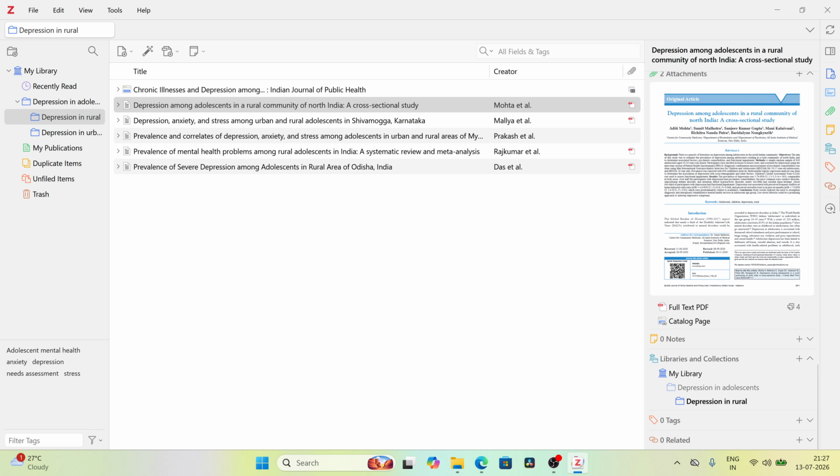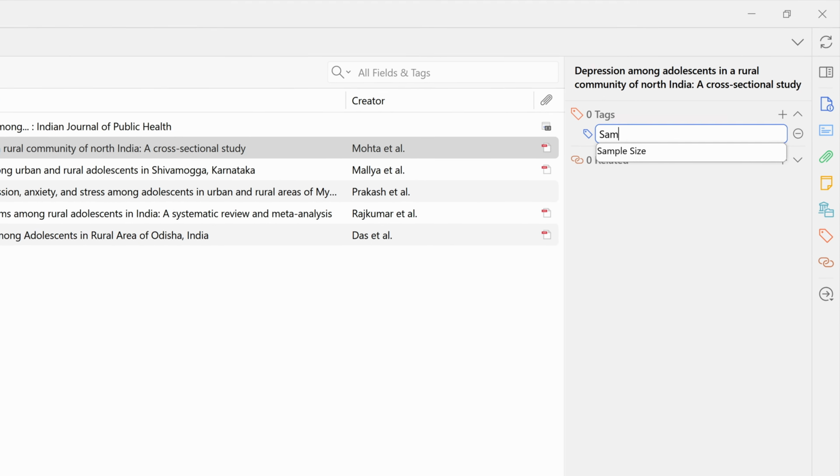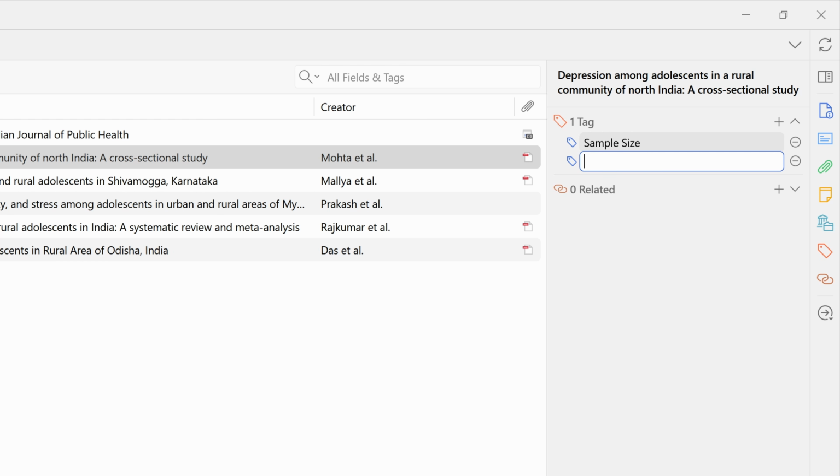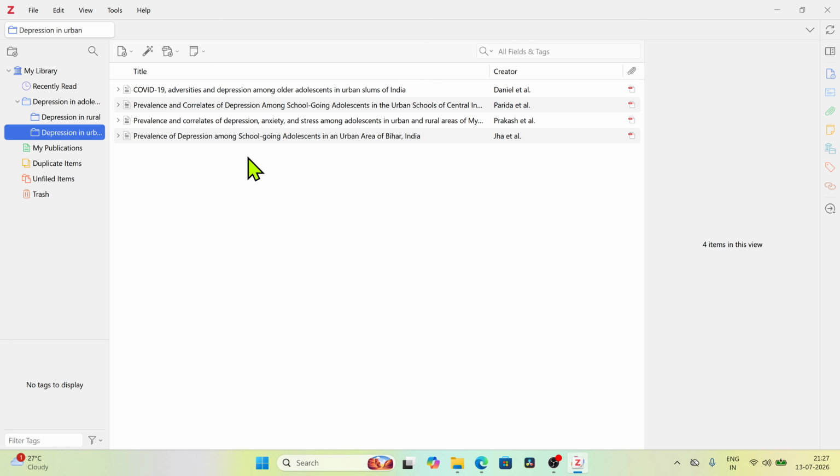And one more thing about tags. So what is the importance of tags? Suppose in this rural and urban, I have selected a study which I will use for sample size calculation. So this is the study I will use for rural area. So I write sample size here and create a tag for this study. In the urban area also, I am